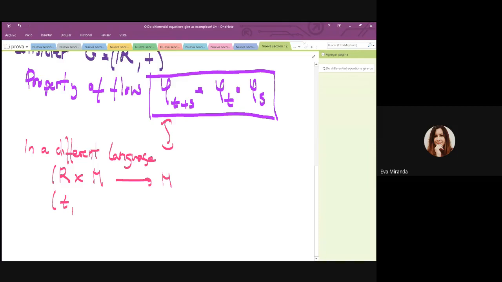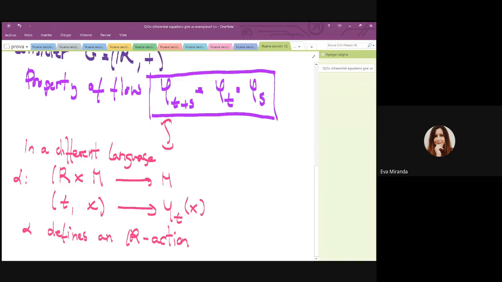Take a point on the real line and take a point x on the manifold and send this to phi sub t of x. This is a diffeomorphism acting on x, so this is a perfect point defined on M, and what you can check is that this property of the flow can be translated as saying that alpha defines an R action. So there you have an example of R action just considering the solutions of a differential equation